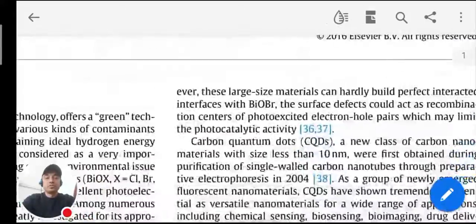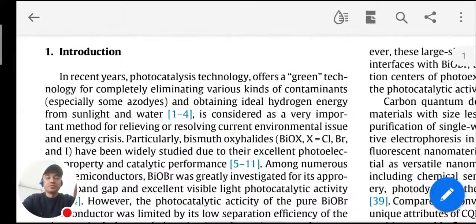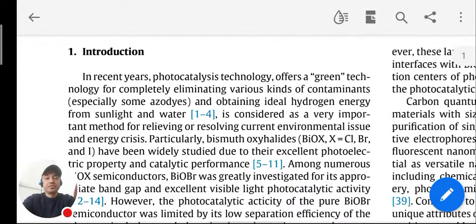So actually, this is the short abstract. An abstract is a very short summary in which you just describe the methods and procedures by which you got some good results. Here we do not discuss anything. So this is the abstract. We have to keep in mind that it is the integration between BiOX, especially BiOBr, and carbon quantum dot